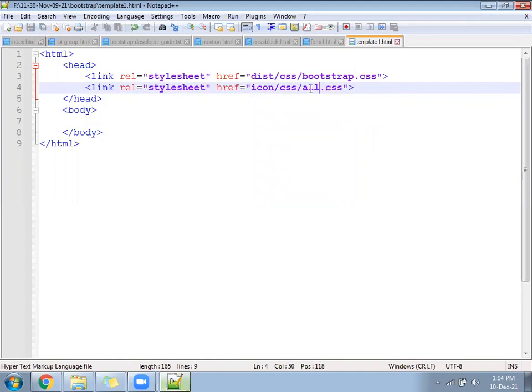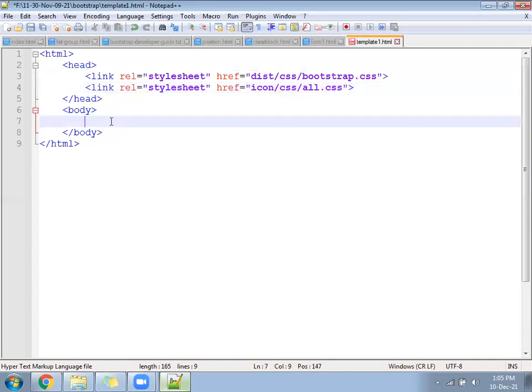Icon css all dot css. Hope you called. Let's go now.